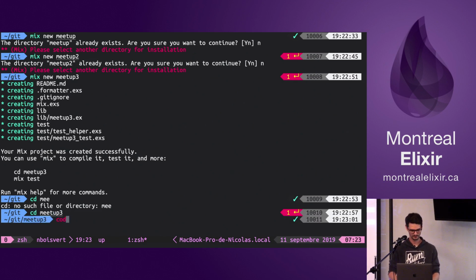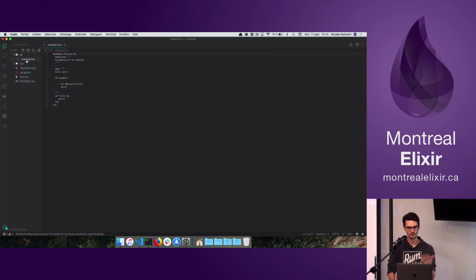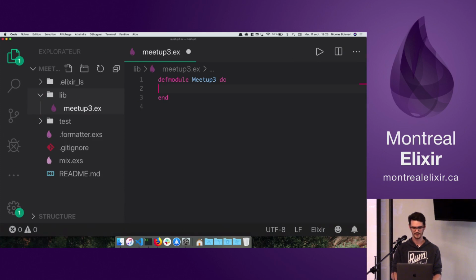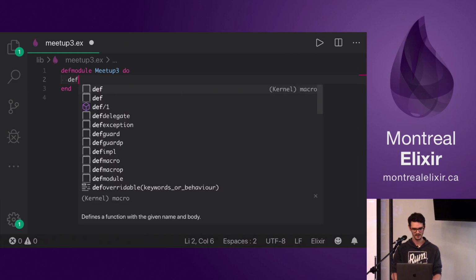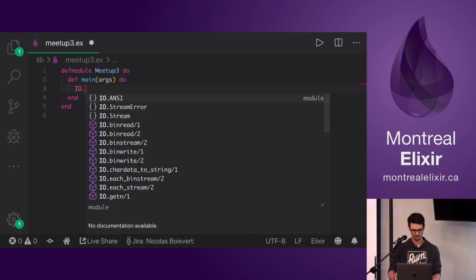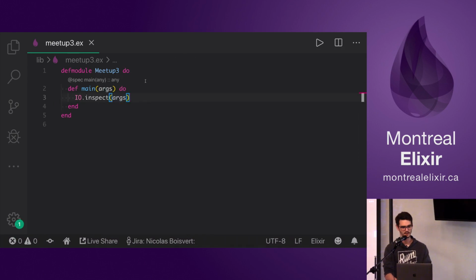So let's create our module. We will use the basic module; we don't need to create another one. So let's delete this and create the main function. So now that we have this super useless CLI, we will get back to the next step.